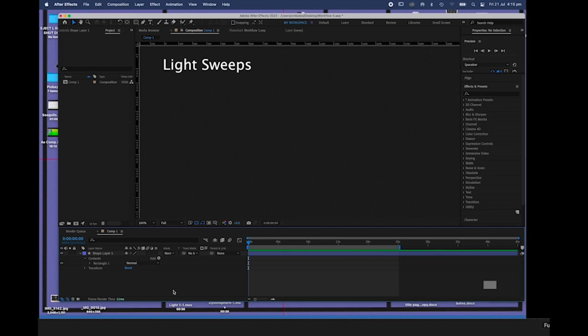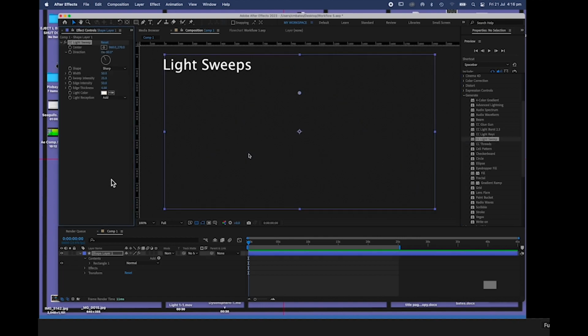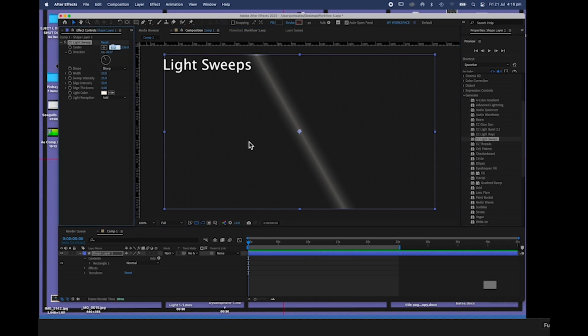So we've got light sweep. Again, I always like to hit save before I move these in, just as a rule of thumb. Just Command S, just to make sure you saved your work. Sometimes when you drag these in, they cause some grief. I've had my system crash a couple of times for some reason. I think it's something to do with the bits per